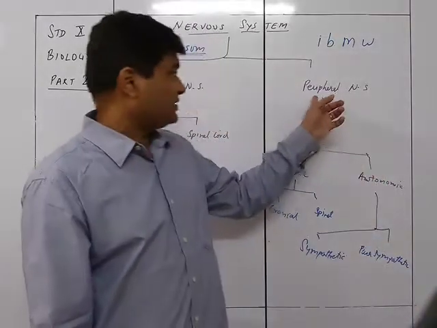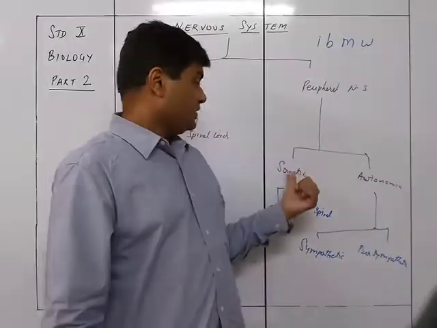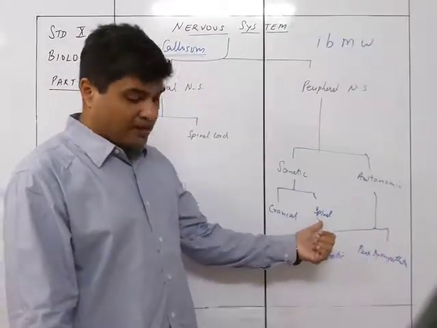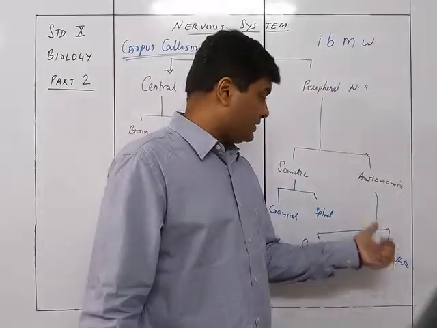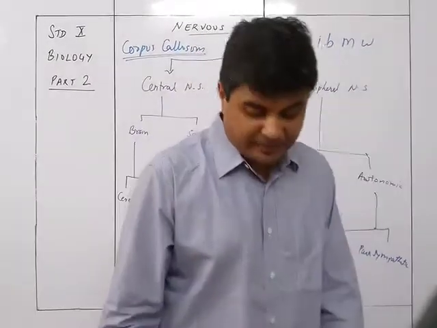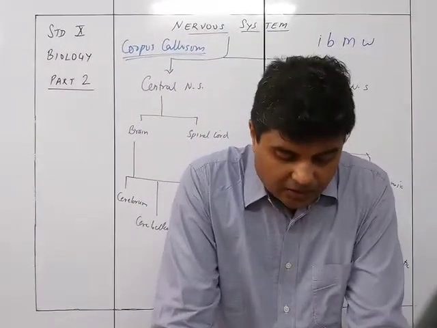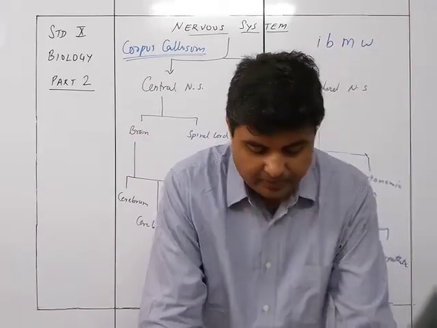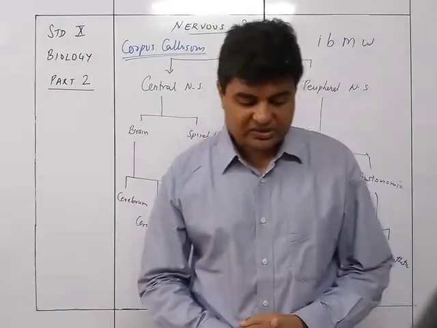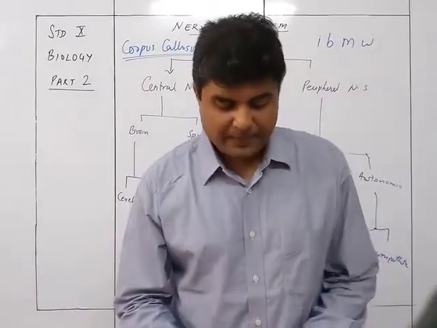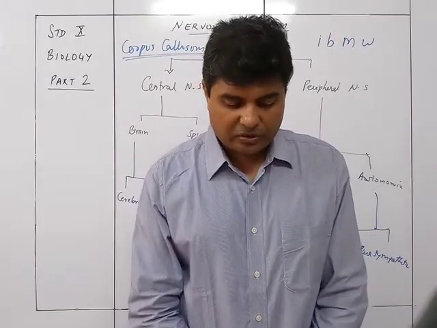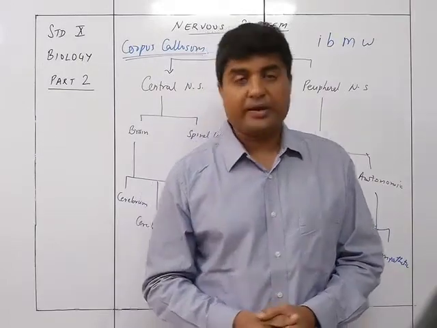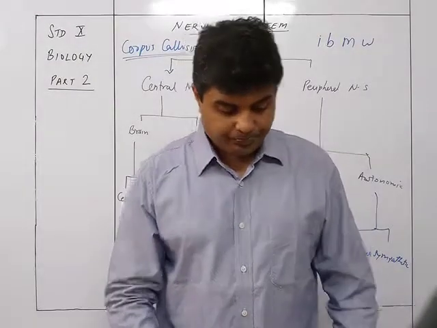And then the peripheral nervous system has two parts: somatic and autonomic. Somatic has 12 cranial nerves and 31 spinal nerves. And the autonomic is divided into two parts: sympathetic and parasympathetic. Sympathetic nerves lie between neck and the waist, stimulatory, accelerate heartbeat, dilate pupils, constrict blood vessels, release sugar from liver. And parasympathetic nerves lie above neck and below the sacral, calming down and restoring normal body condition. So this is about the